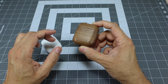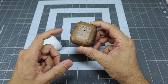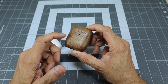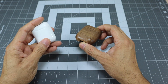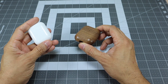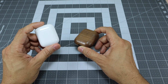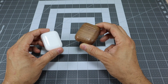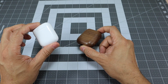And basically this particular one is a maple wood. And then they also have a walnut wood, which is a lighter shade of the wood. It's real wood. And what it does is it provides you 360 degrees of protection and coverage so that your AirPods case doesn't get scratched up or anything like that. Now, they do make it for version 1 and 2, which is this case right here. And then they also make it for the AirPods Pro. So the case is a little bit different, but basically it'll look the same,